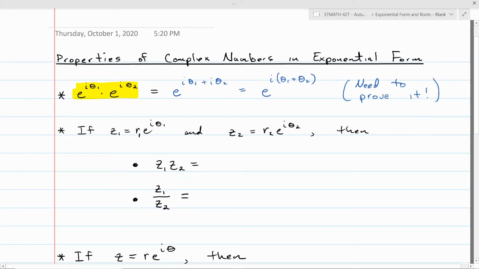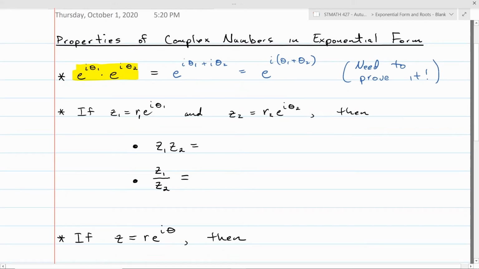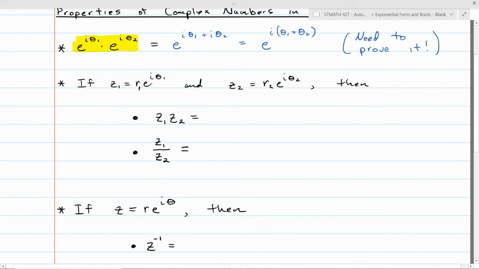It just comes down to multiplying out the appropriate expression, because we know what e to the i theta 1 is. That's cosine of theta 1 plus i times sine theta 1. And similarly for theta 2, you just multiply it out and see that it works. You've got to use some trigonometric identities, but it's not super hard. And then once you have that, that's how it works with just Euler's formula,